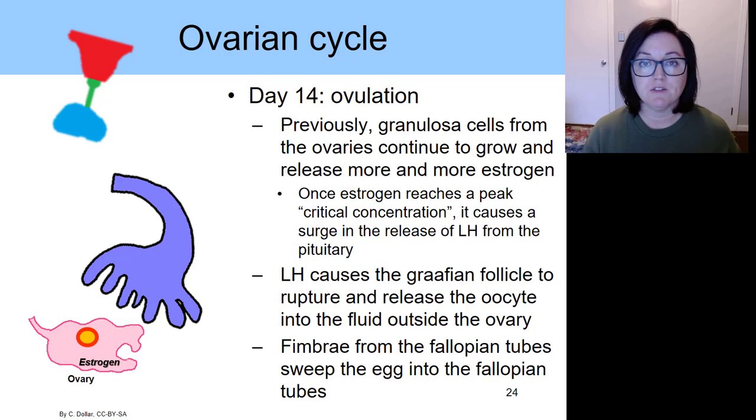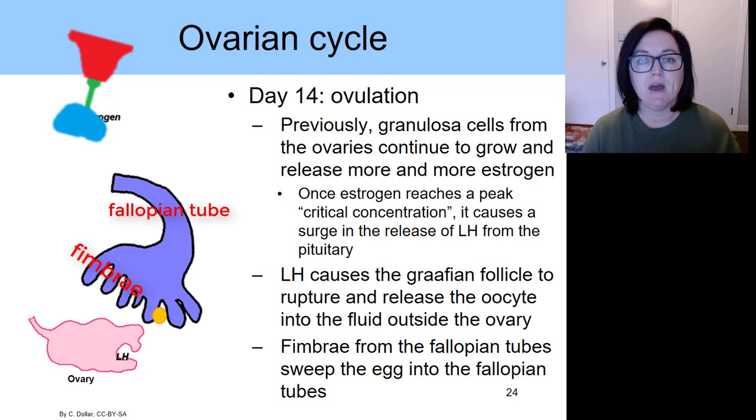Let's take a look at this process in a more pictorial format. As that follicle grows, it makes more and more estrogen. The estrogen travels to the hypothalamus and pituitary, ultimately leading to the release of luteinizing hormone from the pituitary. Luteinizing hormone causes ovulation to occur, and then afterwards the luteinizing hormone will be responsible for forming the corpus luteum in the ovary. Don't forget that the fimbriae, which are shown here in the picture, will sweep that egg into